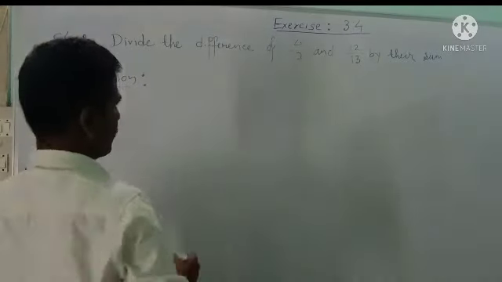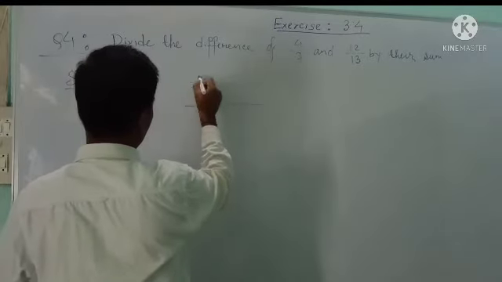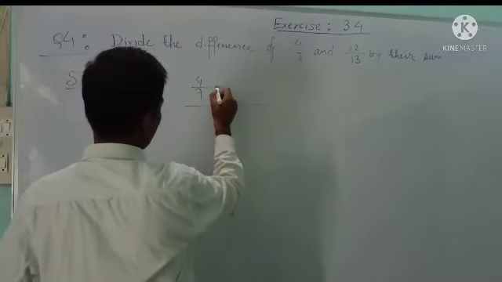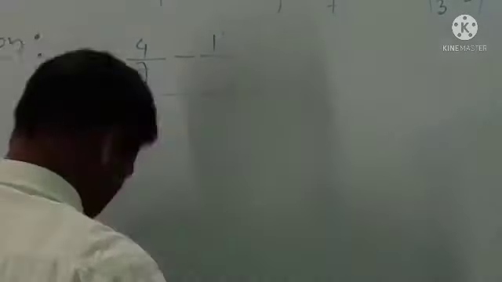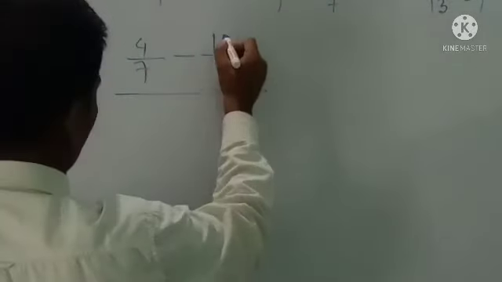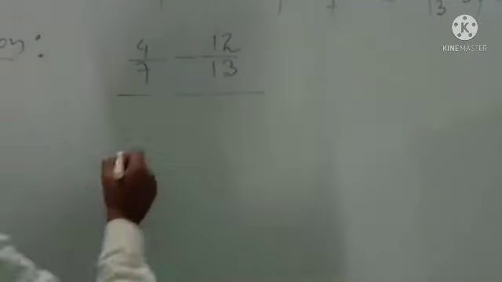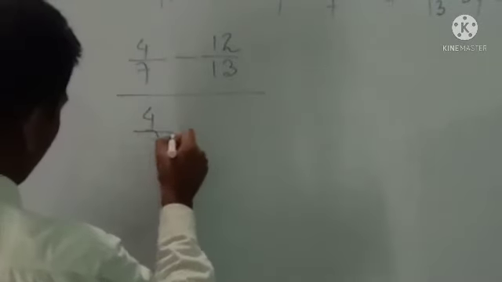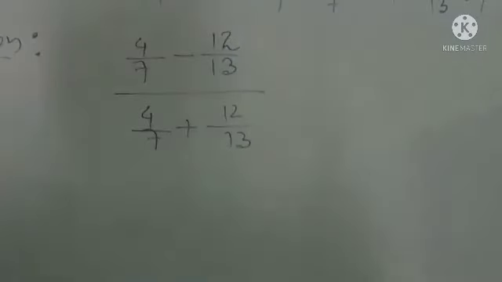So divide the difference of 4 by 7 and 12 by 13. Okay, so what we'll do, difference of 4 by 7, difference means 4 by 7 minus 12 by 13. And here, to divide the difference by their sum, so 4 by 7 plus 12 by 13. Okay, well, now in the following step you see